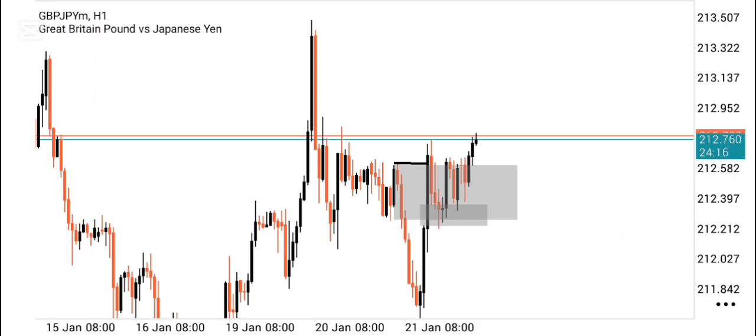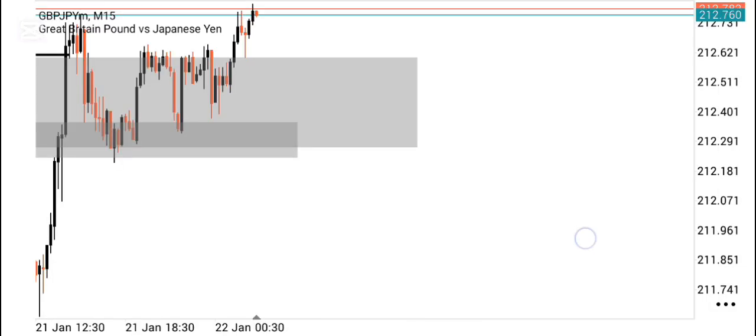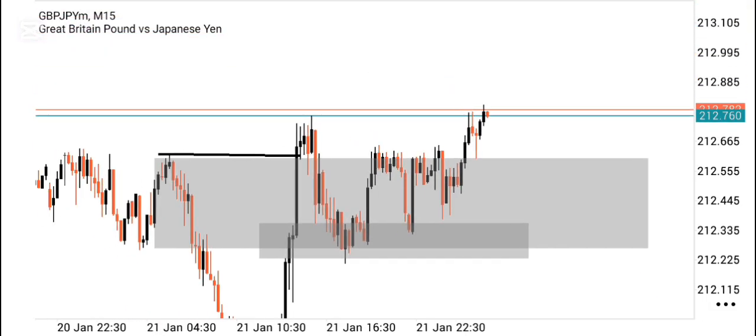So when I actually saw all this on my 1 hour time frame, I went to my 15-minute time frame, because that is the last time frame I go down to. I don't like trading 5 minutes, 1 minute and 3 minutes on all these pairs except gold, because they normally deceive. I've come to realize that 1 minute, 3 minutes, 5 minutes sometimes deceive people